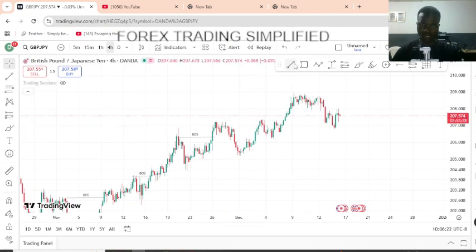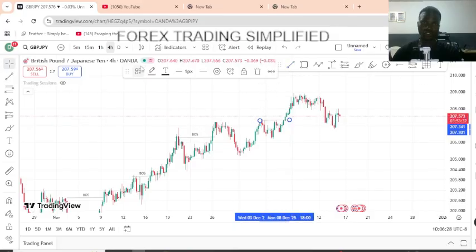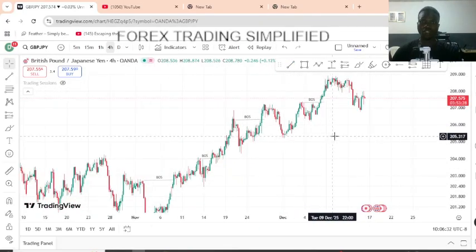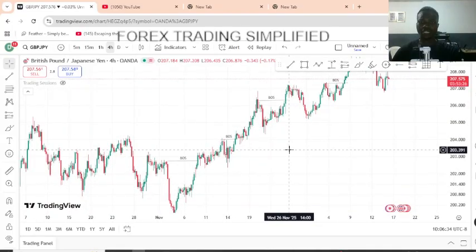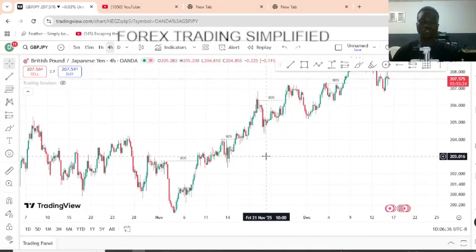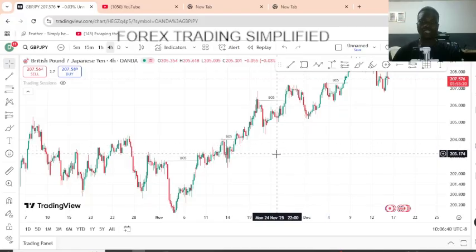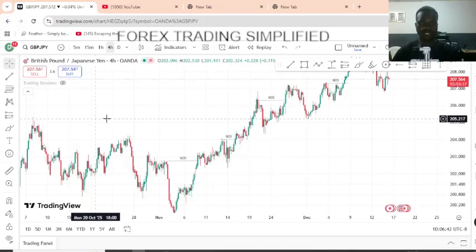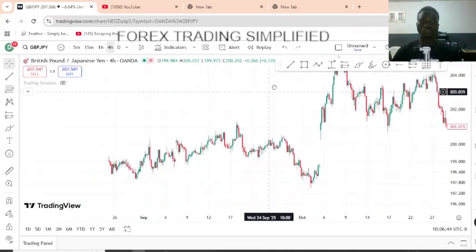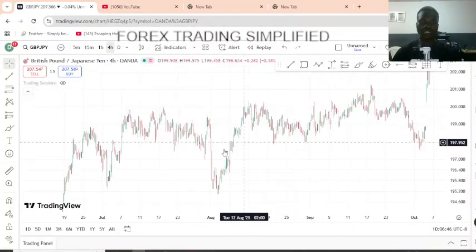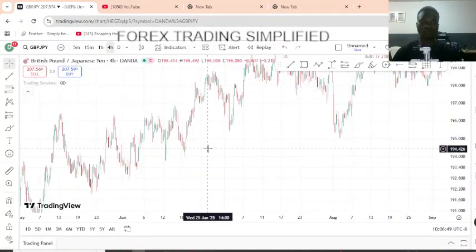So we can call this another break of structure. This is actually very important, that you know how to spot out your market structure, either in an uptrend or in a downtrend. So now I'm going to check if we can see a selling market